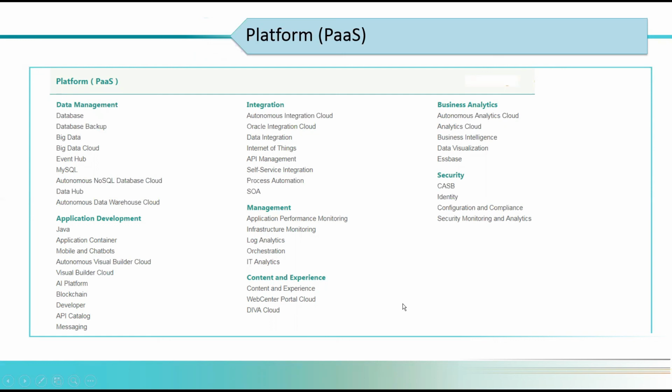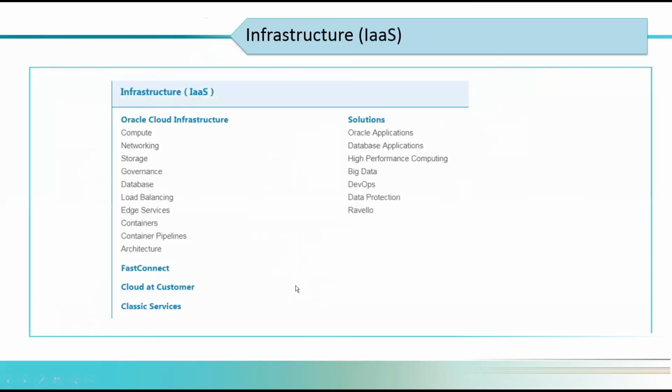And the last one is infrastructure as a service. As I said, you can also buy infrastructure from Oracle. You can use it on-premise, or you can use it in the cloud. You can have your own middleware, with no need for the Fusion platform applications. Instead, you can have your own middleware components and your own custom applications on top of it.